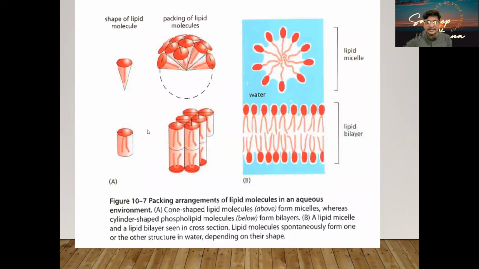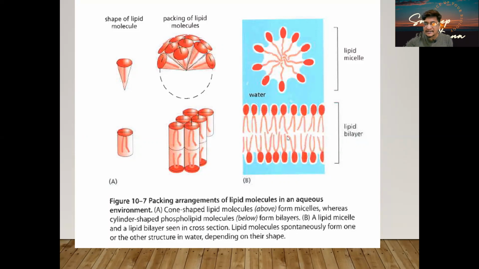Now, another question that needs to be answered is whether the lipid is going to be in this form, that means in the normal arrangement, or in a spherical arrangement. After the research, we came to know that the lipid molecules are arranged in this way, because thermodynamically this structure is more feasible. Here the tails come into contact with each other, and hence the chance of repulsion is very less, so the energy of the system is going to be lesser.